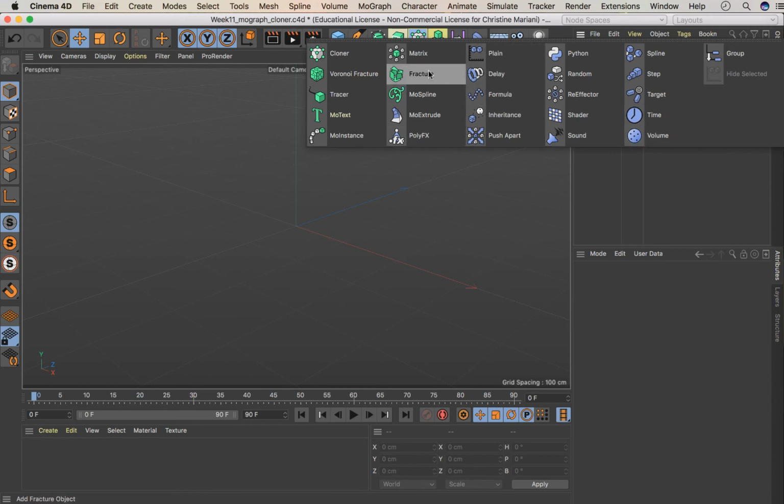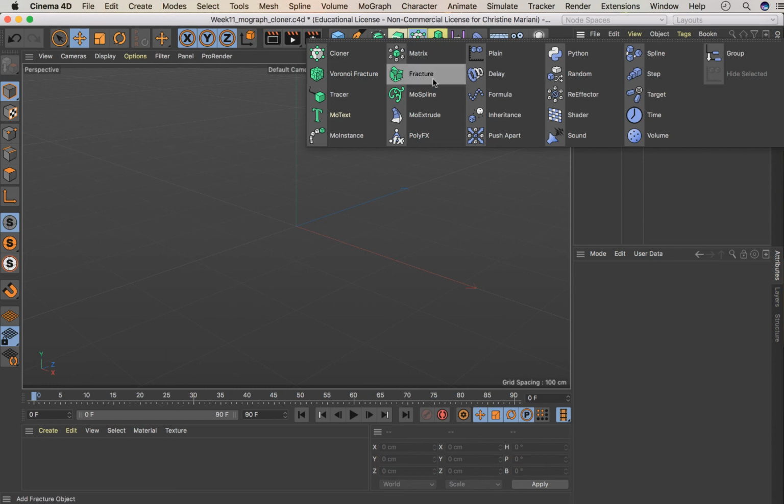And then the fracture, I want to talk about the fracture. It's got sort of two purposes. Its main goal is to explode things, take them apart, so you could use it to have something shatter or that kind of effect, which obviously is pretty cool. You could also use it to split up more complex objects. So if you have a model that's built with all sorts of different little spline parts and you want to be able to have an effector go in and